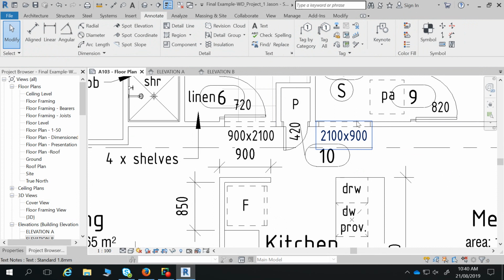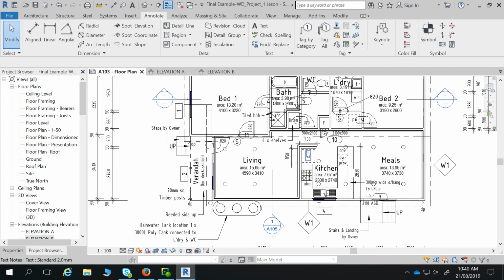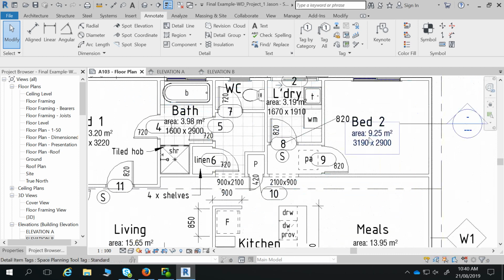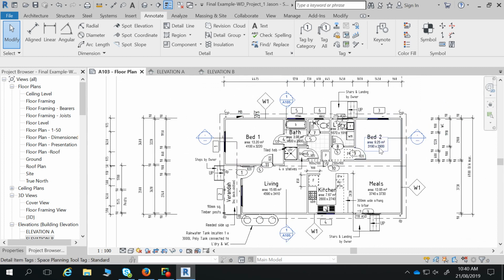That could be a multi-category tag though. You can tag that opening if you've used a wall opening. Yeah, things like that. Don't have to worry about getting this area calculation tag right. That's just an additional tag that Russell made up. Just use your normal meter square ones, that's fine, because we only need the meter square because the